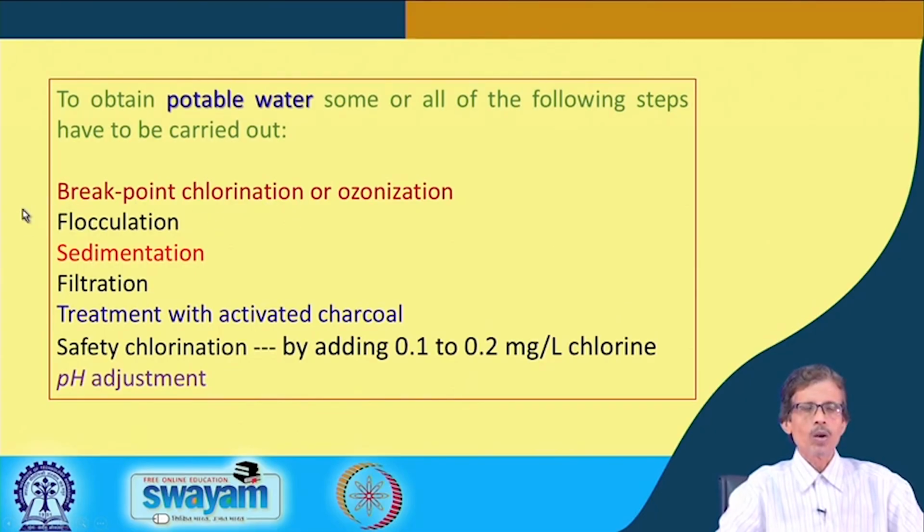Then the water can also be treated by flocculation. Coagulation and flocculation can go side by side. In flocculation, the different flocs combine together to form larger flakes, which can be separated out. Then in the sedimentation process, some unwanted material is